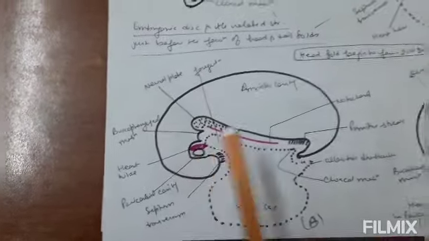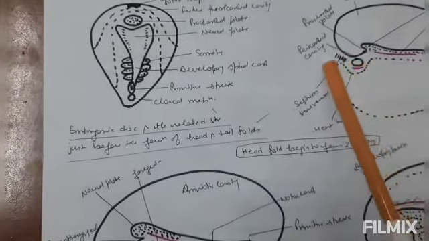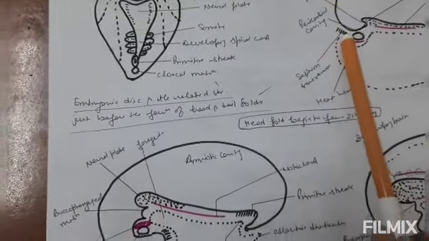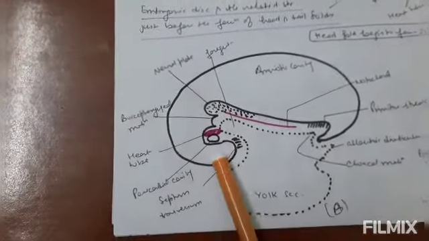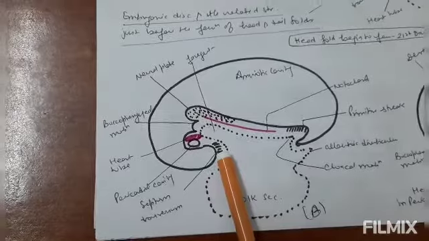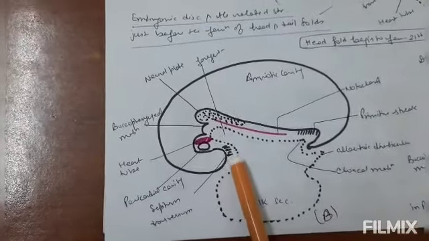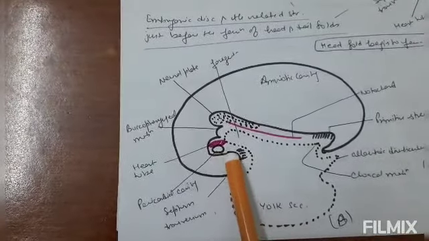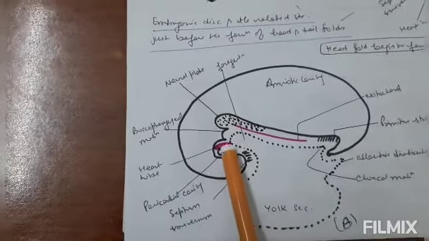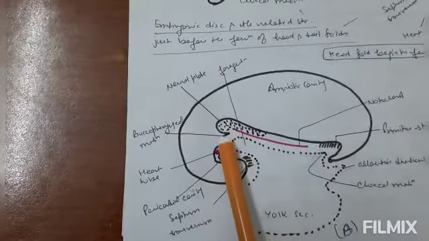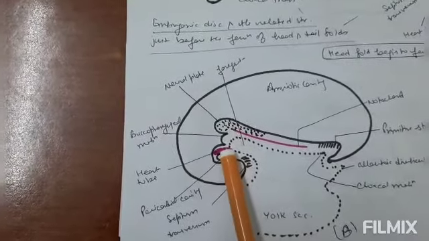Now here you can see that the septum transversum was lying cranial to the head fold, and now the septum transversum has become caudal to it. Okay, so this is the septum transversum lying caudal. This is the pericardial cavity. Above the pericardial cavity we are getting the heart tube, and there is a buccopharyngeal membrane that has developed.